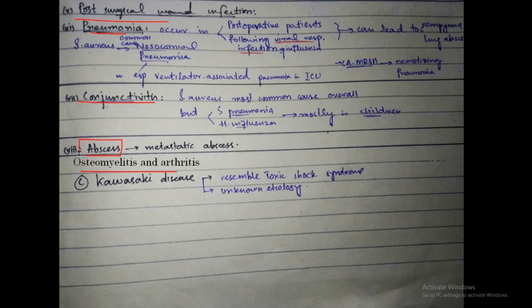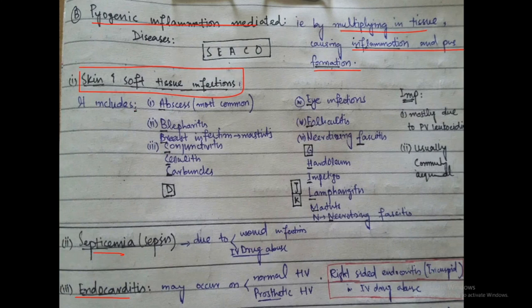So skin and soft tissue infection include abscesses, blepharitis, breast infection, conjunctivitis, cellulitis, carbuncles, eye infection, folliculitis, etc. All of these, erysipelas, impetigo, lymphangitis. So how to remember this? Start saying ABC. A for abscesses, B for blepharitis, breast infection, C for conjunctivitis, cellulitis, carbuncles, and